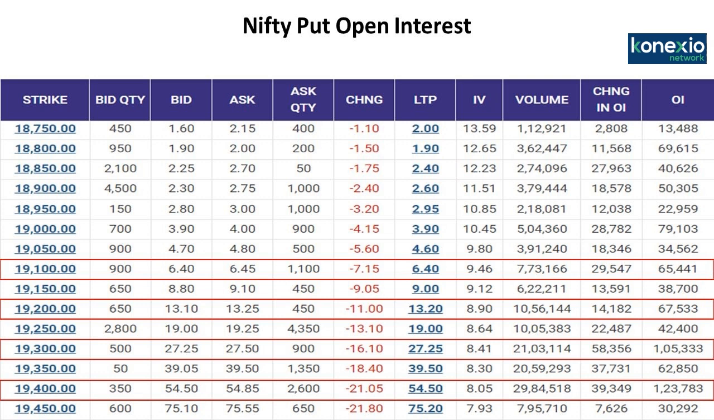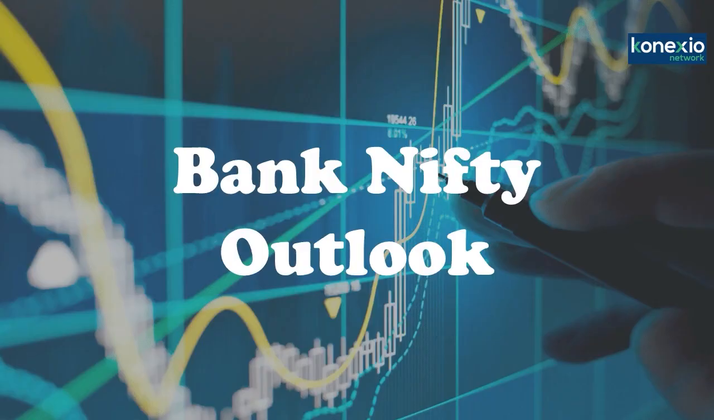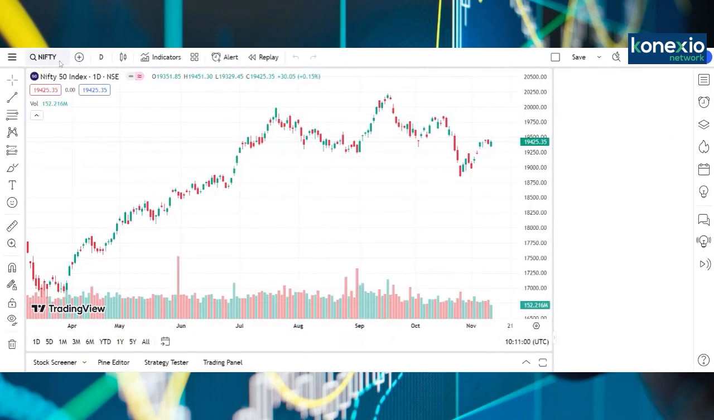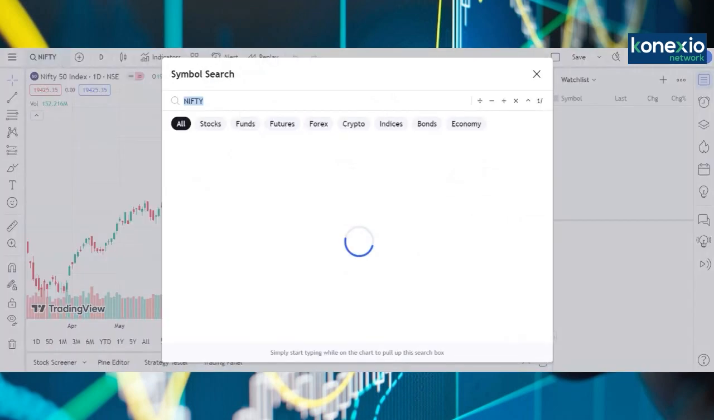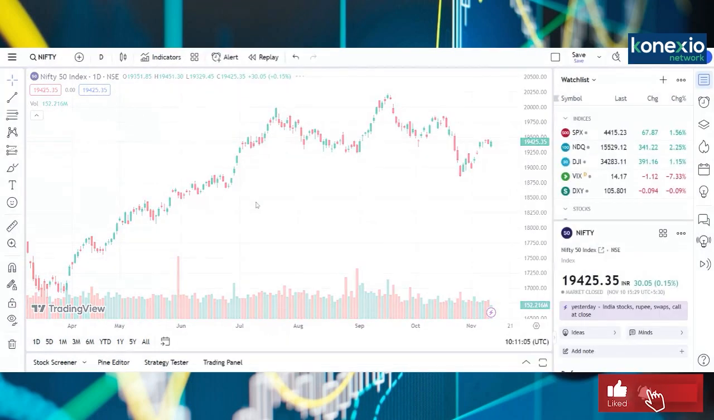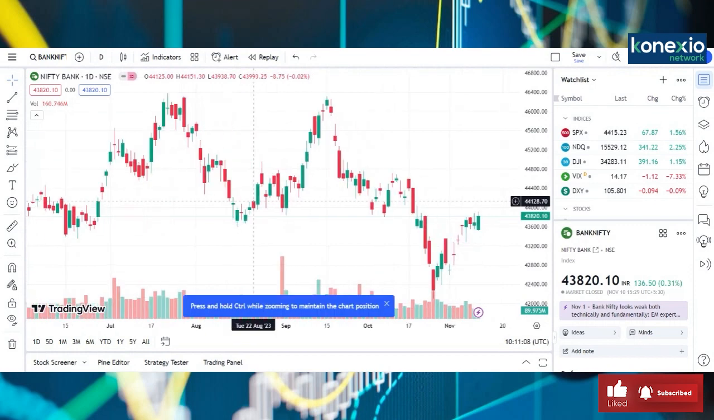So friends, now let us directly go to the Bank Nifty daily charts. You will see on the screen a Bank Nifty daily chart has also been moving into the positive trajectory. It has been moving upwards since the last couple of trading sessions. The trend seems to be bullish at this juncture. You will see on the daily charts that the bulls are trying to get hold of the market